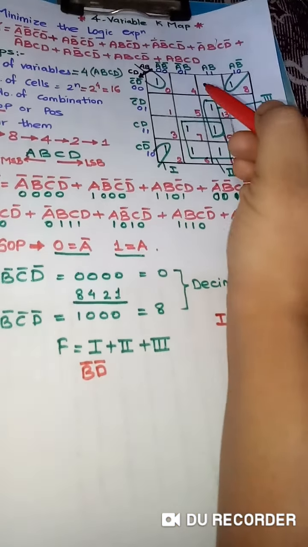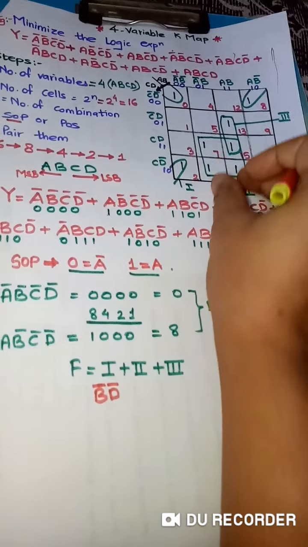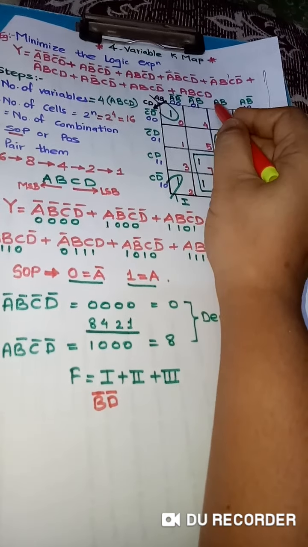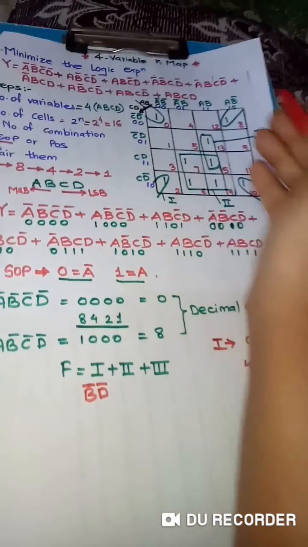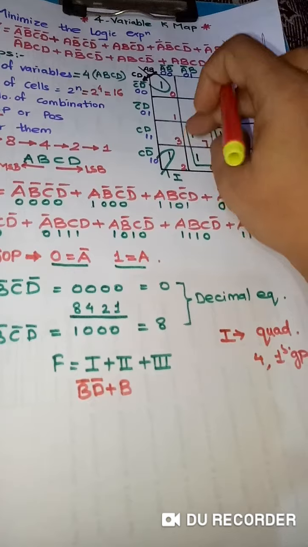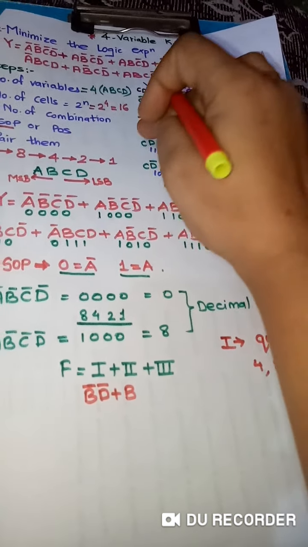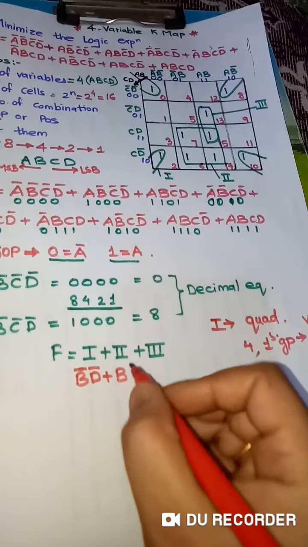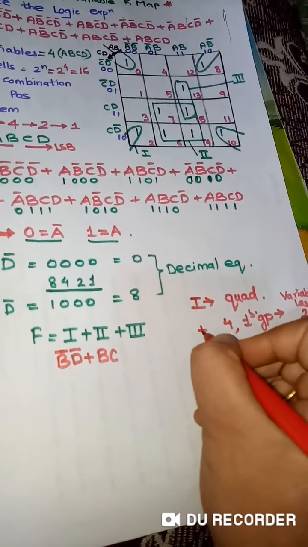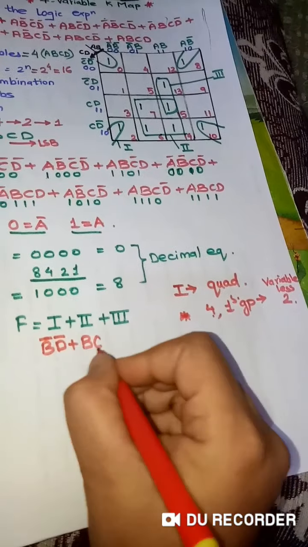Okay. Next group we'll see for these 4 ones. Second group. In second group, what is the MSB? This 2. A bar B and AB. Again, what is common? B is common. So I'll write it here B. See the LSB now for this particular group. LSB is CD and CD bar. What is common again in these 2? C is common. So BC. Again following the same rule. The rule says here what? For 4 ones group, 2 variables are less. So again I have got 2 variables only out of 4 variables, right?